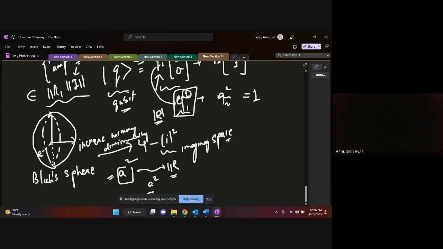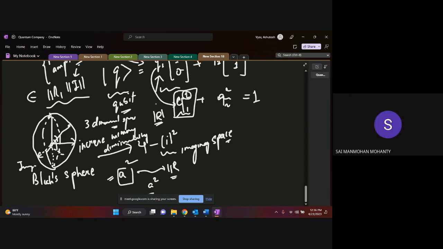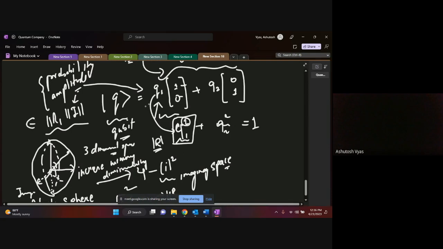Now, this particular plane is your imaginary plane. Okay, and then there are two angles which are called theta and phi. If I take a point up here, then this angle has one meaning, and the previous angle has another meaning. So the Bloch sphere basically has 3-dimensional space. Yes, sir. But the moment you take the square of the probability amplitude, it will collapse into a real number. That is for sure, because that number has to be a probability. It cannot be imaginary. Okay. So go ahead and read the Bloch sphere theory now.